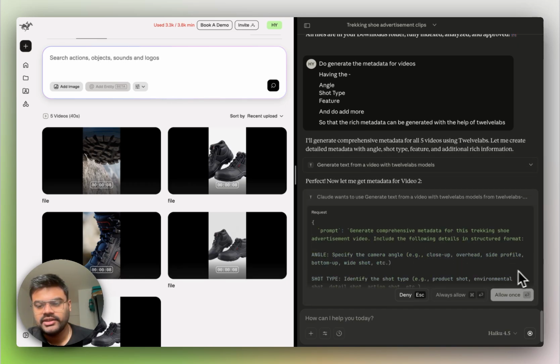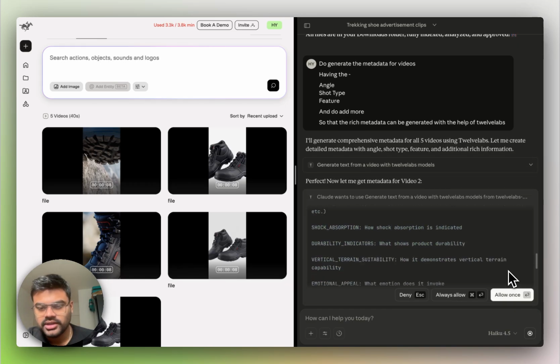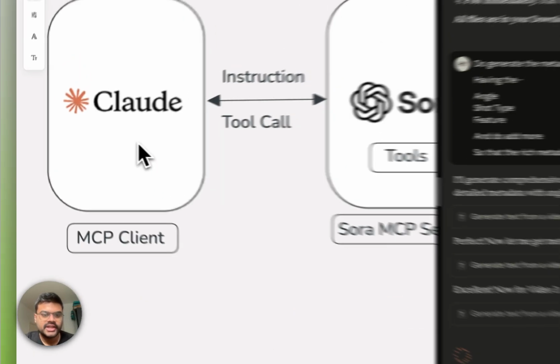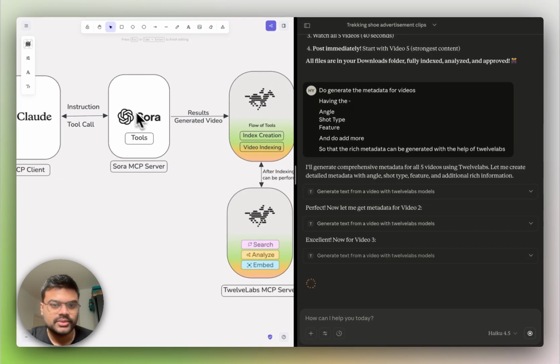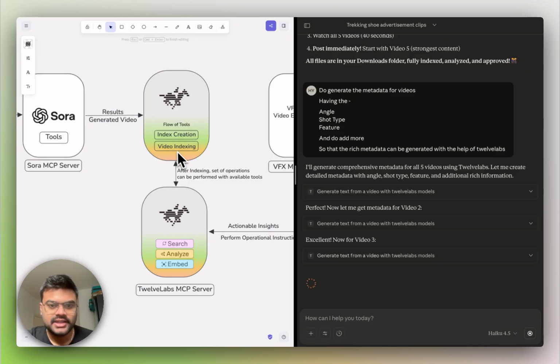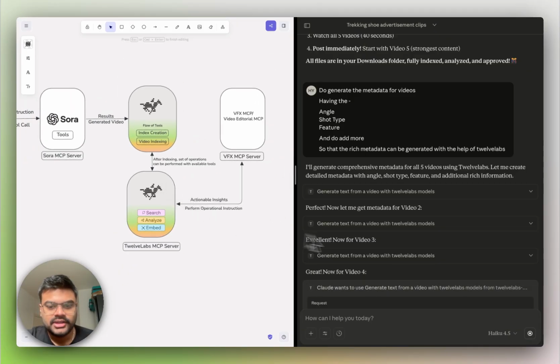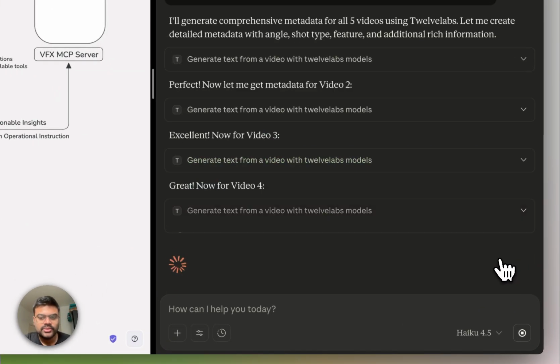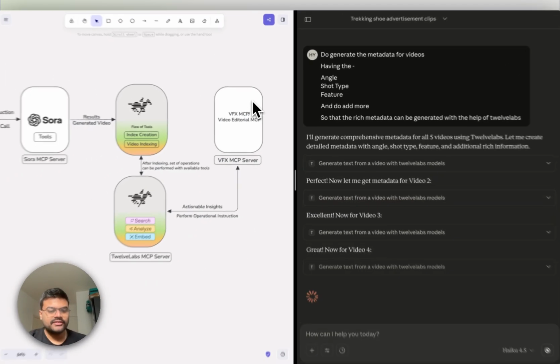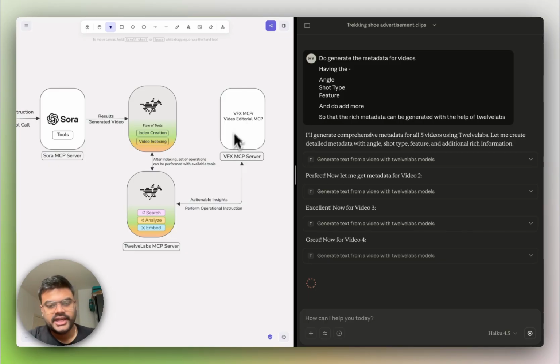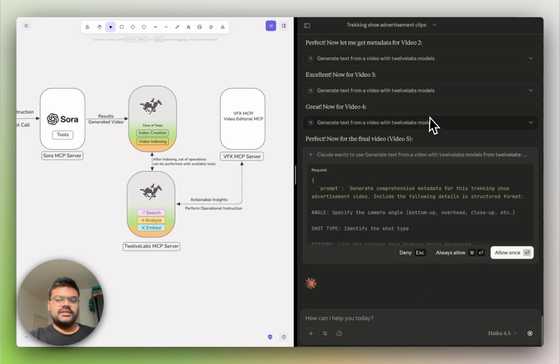By the time it's generating, we can have a look at the whole flow of how you can use it as an agentic workflow. Here we see we connected to the MCP client. We use the Sora tools, we did index creation, video indexing, and we are doing an analysis at this moment. The last step that we are going to do is the VFX MCP, and we'll also see how you can configure the VFX MCP and do the action, or we can just do very minute actions as an understanding of